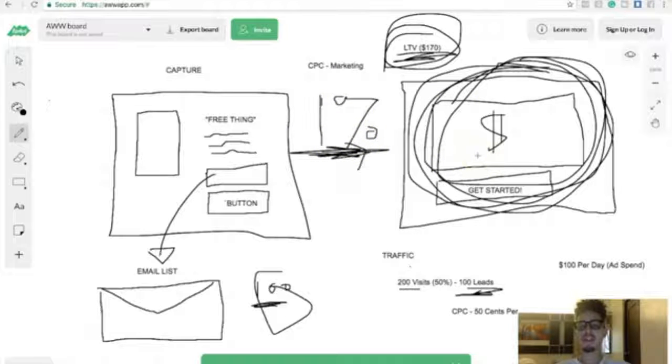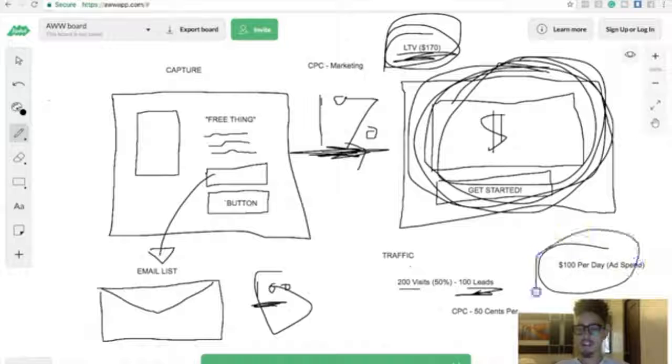Now, if you're promoting a very converting offer, let's just say 1% plus, and you start doing your numbers, that means to get 100 leads, if I'm paying 50 cents per click, I'm spending $100 to acquire 1 customer who pays out $170.